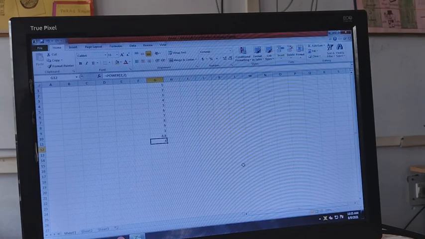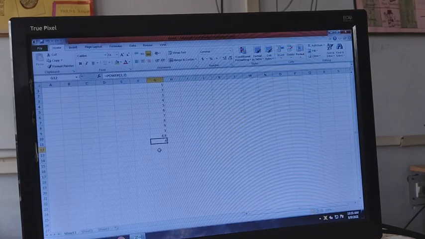Now if you want the mod, that is the remainder, how will you get it?